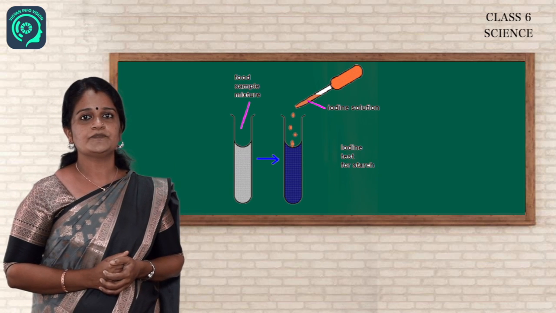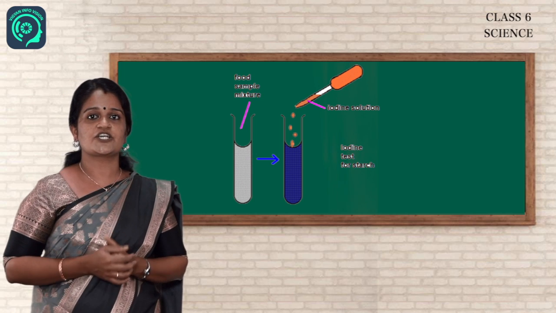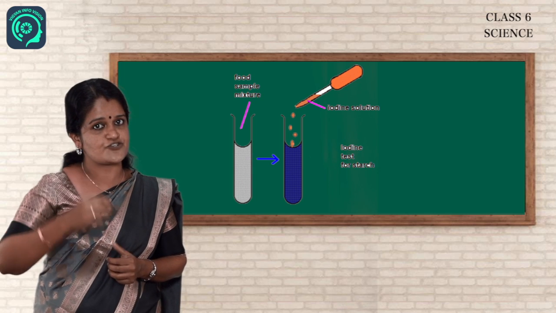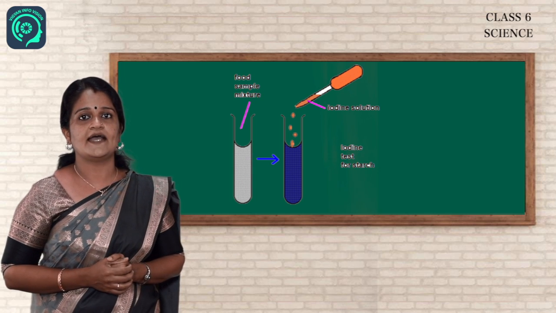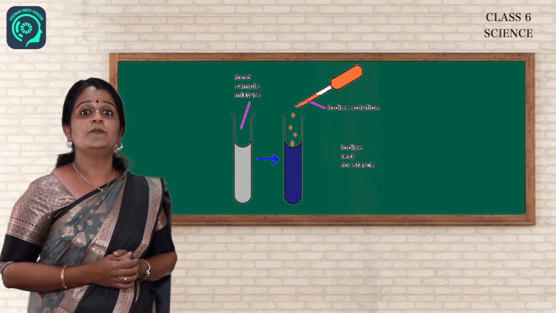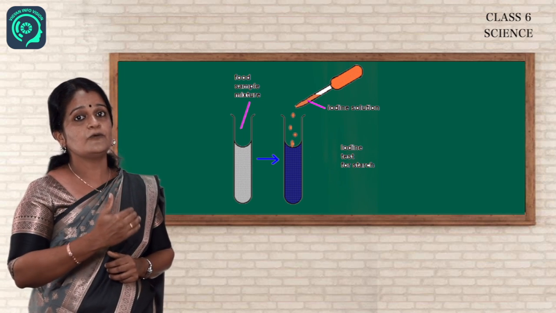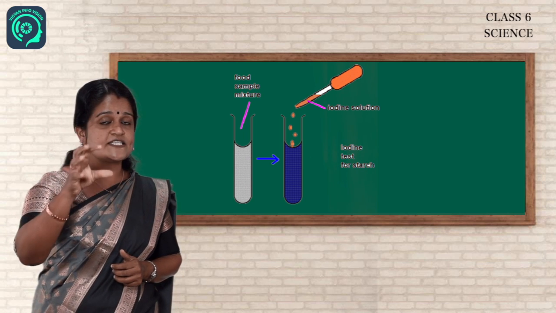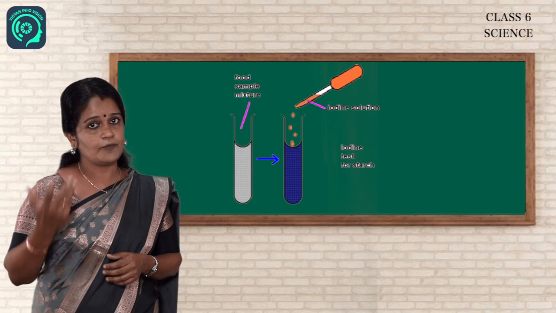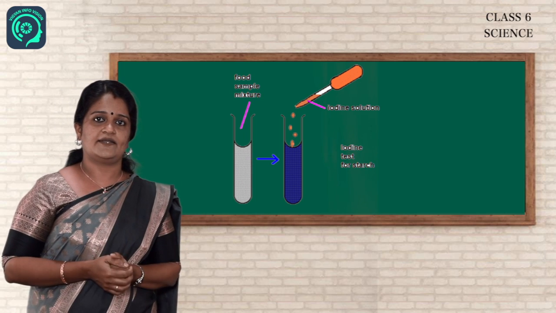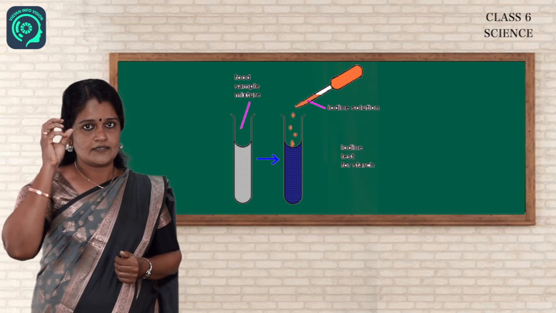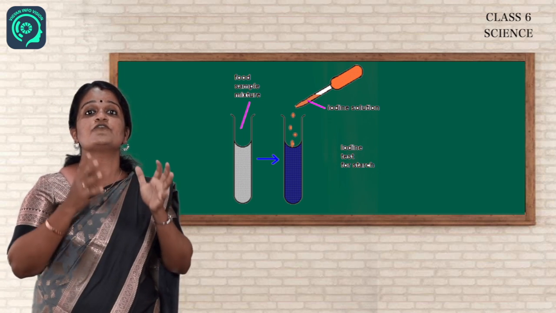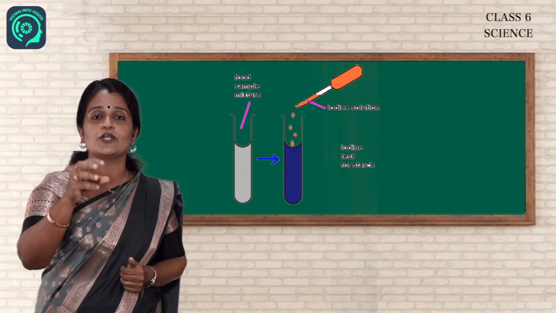Please take a test tube, add some starch content food items, add dilute iodine solution using a dropper. Wait for some time. You can see the blue-black color, and this blue-black color indicates the presence of starch in the particular food items. If the color is not blue-black, it shows the negative sign. So this blue-black color shows the presence of starch, that is the presence of carbohydrates in that particular food items.